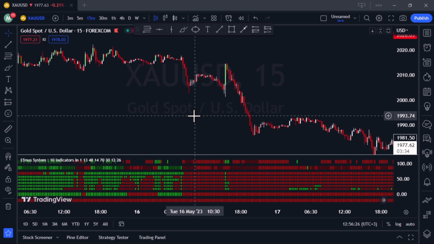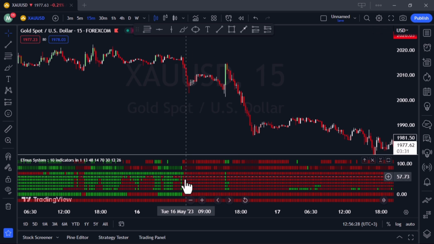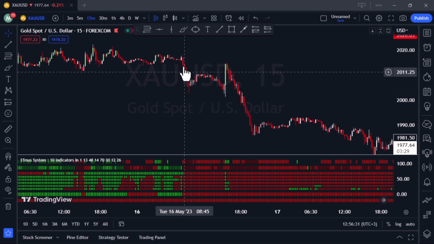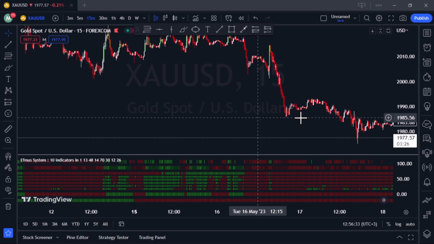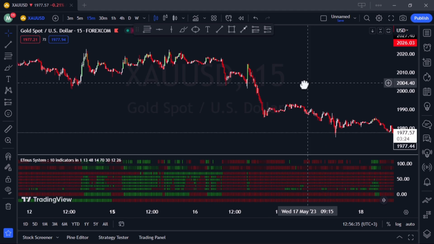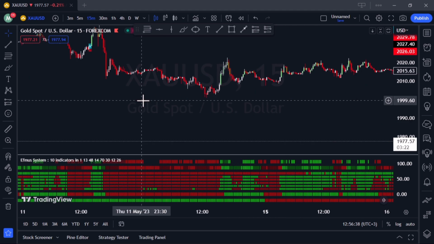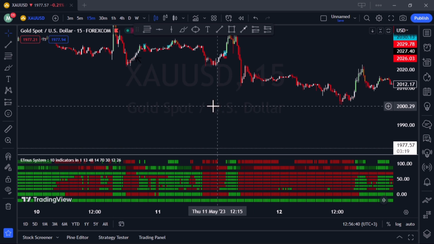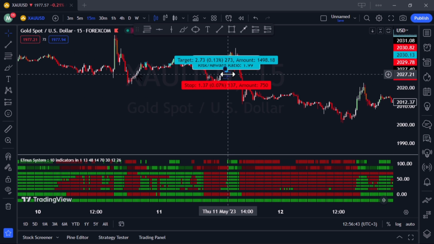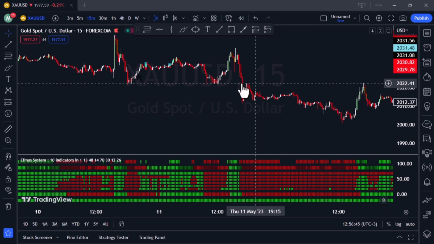It's a trend identificator. So it means when all of them are red, you go short in this place here. And you can see that the price went down. It was a successful trade if you took it. And when all of them turn green, let's say somewhere like here, which I made an example of before,